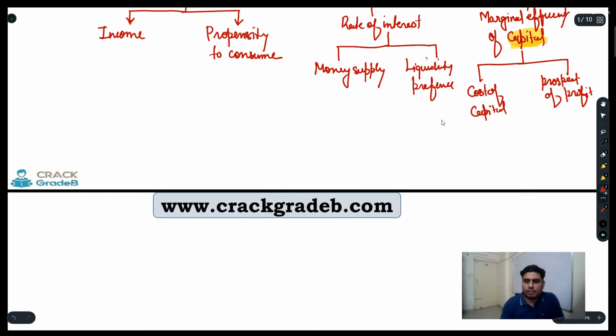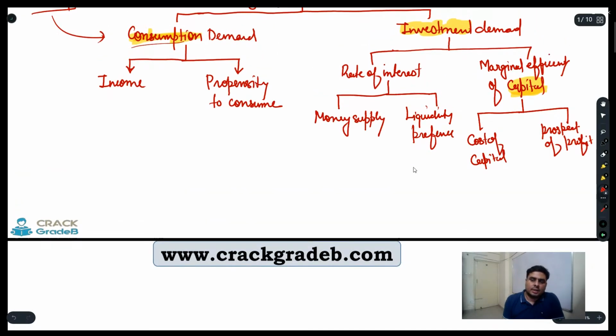Prospect of profit. These are the two things I always have in my mind when I am thinking about marginal efficiency of capital, right? So investment is going to be impacted by two things: rate of interest,